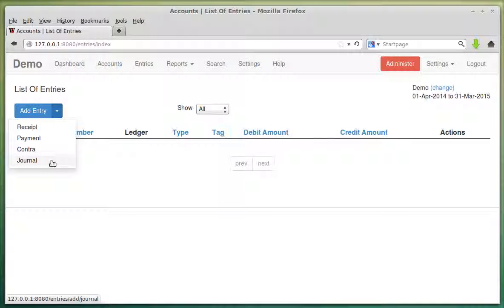And when you select journal entries, it does not involve any bank or cash account. So it just transfers from one ledger to another. So there is no bank or cash involvement. So I'll select journal over here. So these are the 4 types of entries available. You can change these entries later on also, or add new types of entries, which I'll show you at the